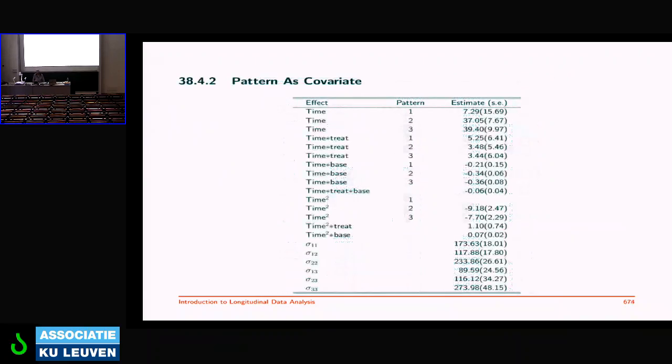You would get a fit here. If you use pattern as a covariate, what would that mean? You basically say, okay, I have treatment, I have time, I have a baseline, but I also have pattern, and I use that as an additional covariate. And the beauty of it is, I can let all effects, many effects, a subset of the effects, etc., depend on the pattern indeed. It's entirely up to us. For example, the variance components here do not depend on the pattern,